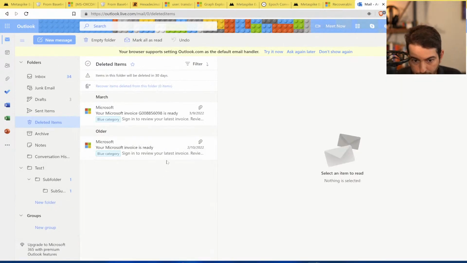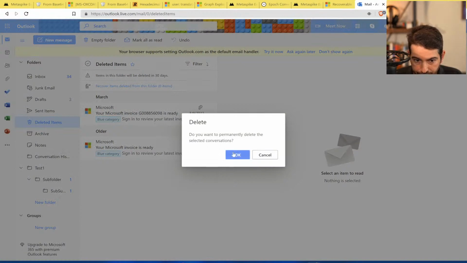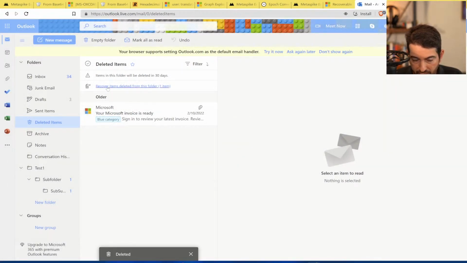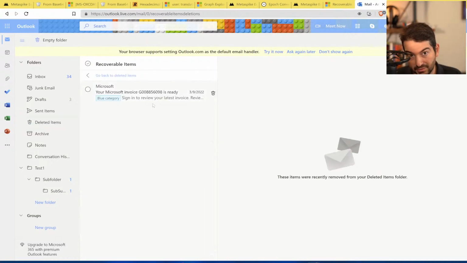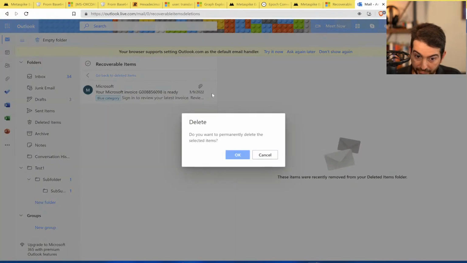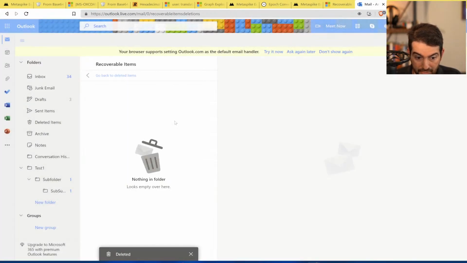This is a test mailbox, so there's not going to be anything sensitive here. If you go to your deleted items folder and delete it from there, there's still a hyperlink that says "recover items deleted from this folder," and now we are in the deletions folder of the recoverable items folder. Now if you want to delete it from here too,